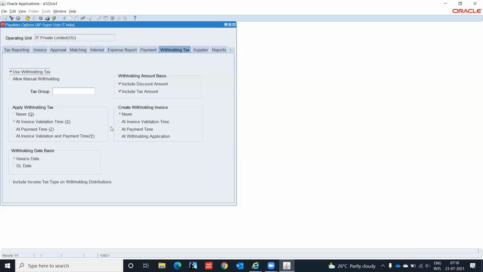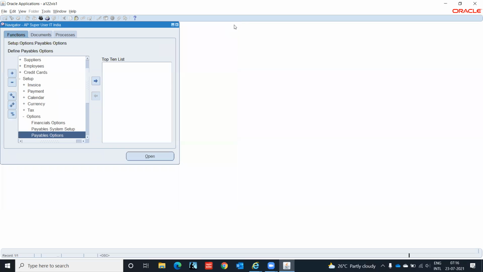So if you select never, it will just create the accounting, and if you click at the time of invoice validation, it will generate the invoice. So now we see with never what it is going to do, and then with invoice validation again. So this one setup part is done. Second,